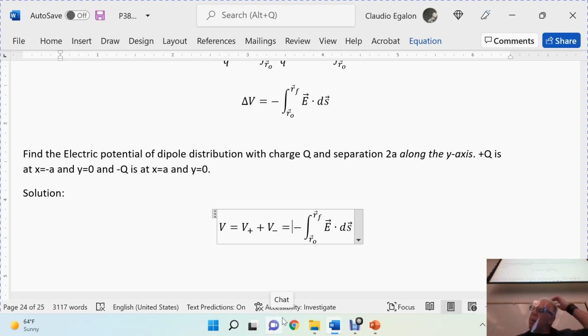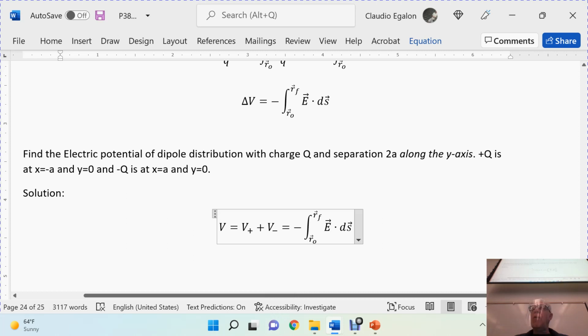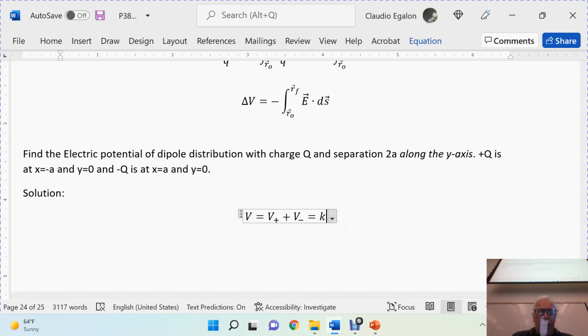Superposition principle applies both to vectors and scalars. Electric field is a vector. Electric potential is a scalar, right? That's an important difference between those two. And we've got here the equation for the positive charge. The electric potential for the positive charge is going to be KQ divided